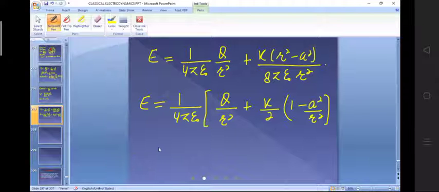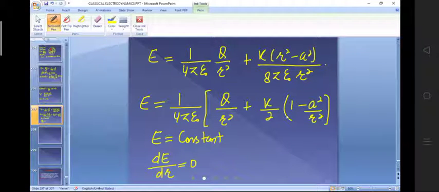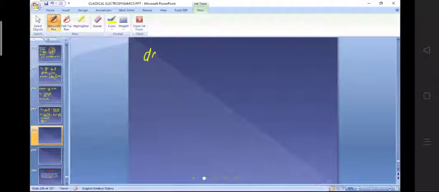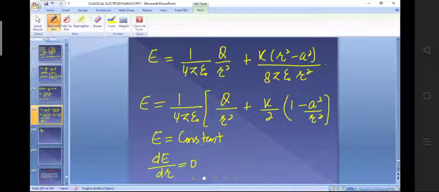Now, for the electrostatic field to be constant, it implies that its first derivative must vanish. This implies that dE divided by dr must be equal to 0. Now avoid this constant. So calculate the differentiation of this and then the differentiation of this. So dE by dr will be how much? Here q divided by r square, the numerator will be r raised power minus 2. Then it will be n x raised power n minus 1, so that is equal to minus 2 r raised power minus 3, isn't it?